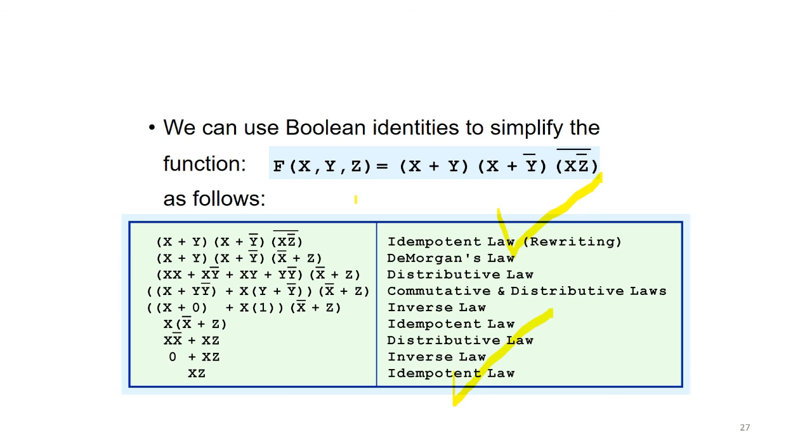Okay, I hope you have gone through this. So as you can see what we have done in the first place. So we have written down this one. In the question paper it was given like this: x plus y, then multiplication x plus y bar, then xz bar, and on top of that we have another bar. So as you can see here, xz bar, on top of there is another bar.